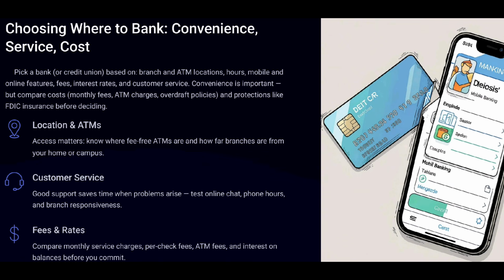So the next is the customer service. Good support saves time when problems arise. That's online chat, phone hours, and branch replacement desk. So quality support saves you time and stress whenever an issue arises, such as a blocked card or floating transaction. For opening an account, test out their responsiveness, check if they have 24/7 hotline support, an active online live chat, or